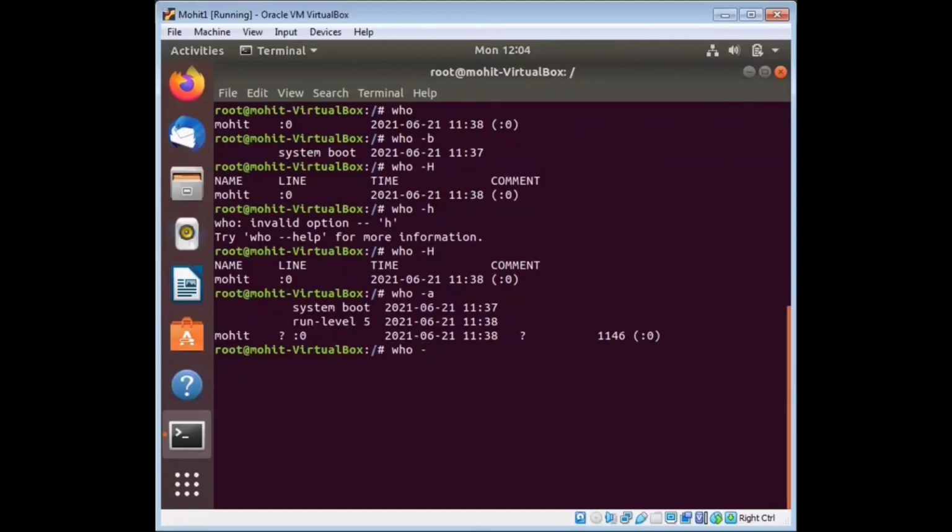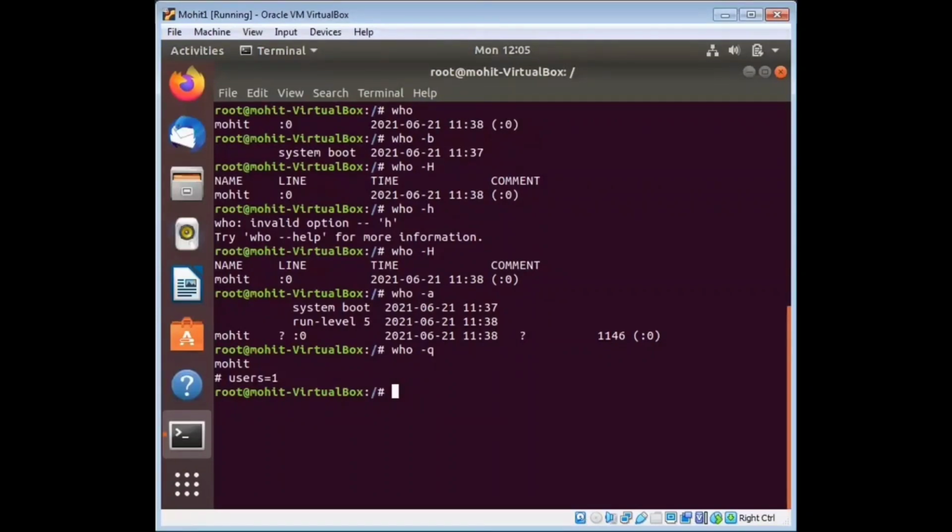Next command is who minus q. When you press enter, what will it display? You see only one user. How many users are in my Linux Ubuntu? Right now I have only one user, me, Mohit. So it prints only the usernames and the user count, the total number of users logged in.